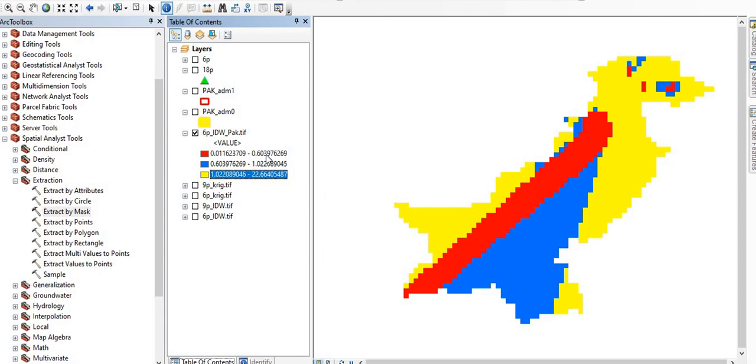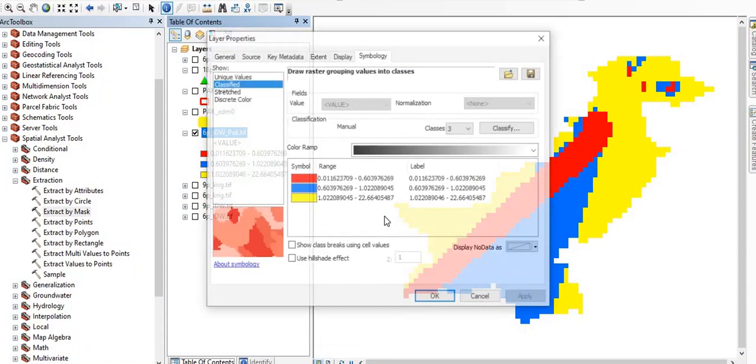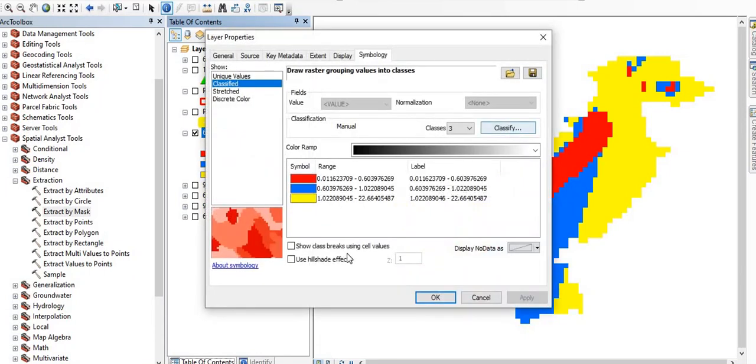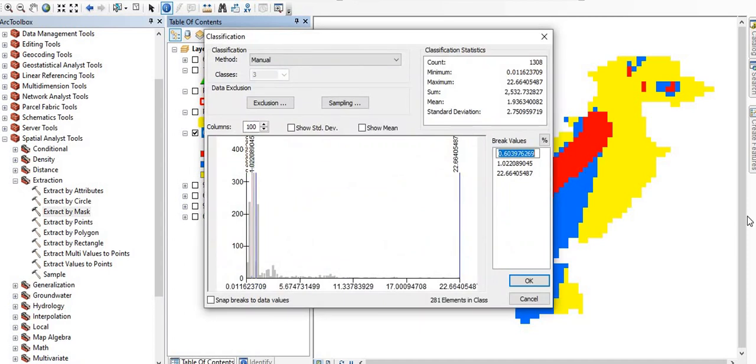If you want to see the rainfall below 1 millimeter, go to properties and classify again. You can put it as 0 to 1, 1 to 2 millimeter, and 2 to 22 millimeter, and okay.